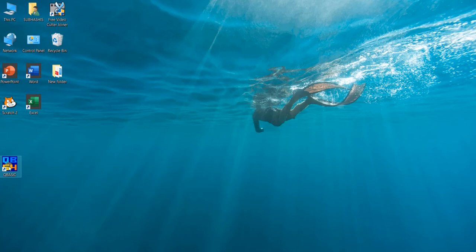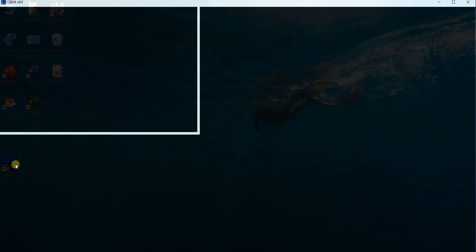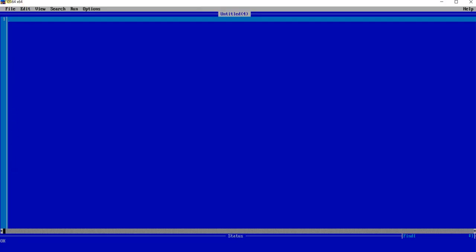It is the QBasic simulator that will give you the QBasic platform where you can write and execute your programs. You just have to download it from the official website of QB64, and after installing it, it will run properly. Double click it and a window will appear.